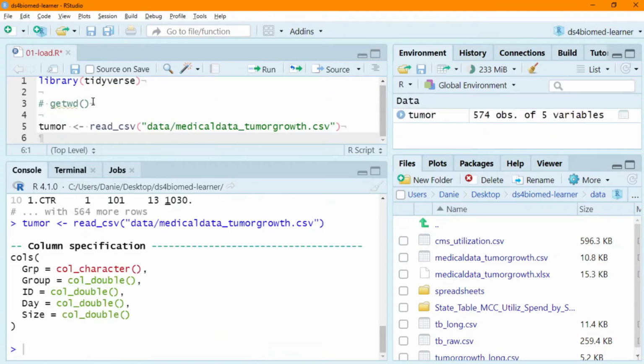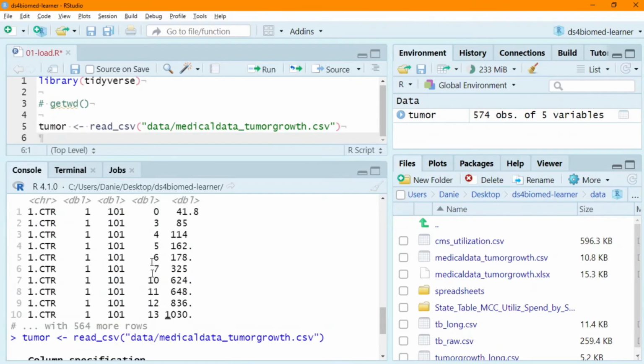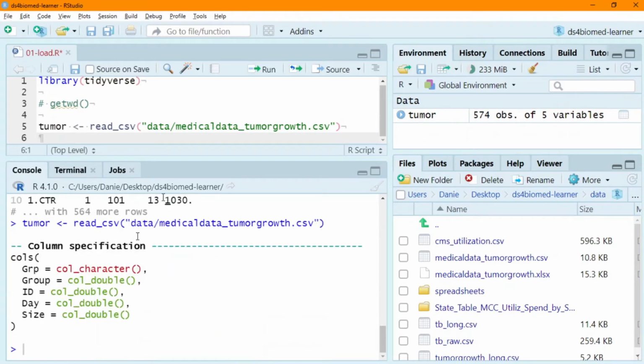And so now if I run that, the same type of things get spit out on the screen, except now it's not presenting my data set. It's not dumping it out to the screen. But what you'll notice on the top right-hand side, the environment tab now has a variable called tumor, and it's called tumor because that's what we called it. And it tells us this variable, this data set that we saved, has 574 observations with 5